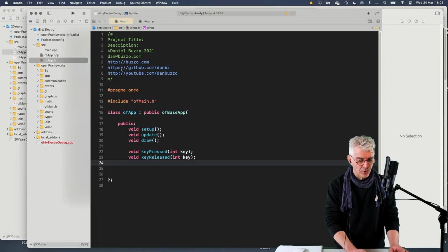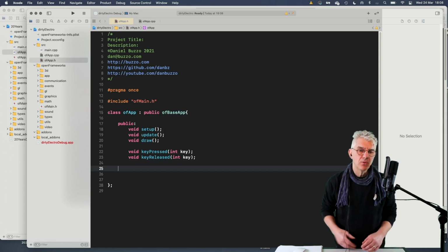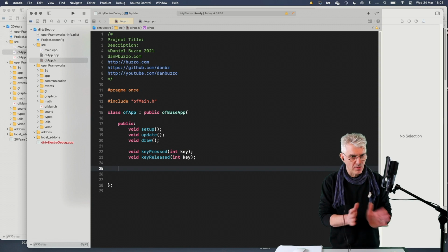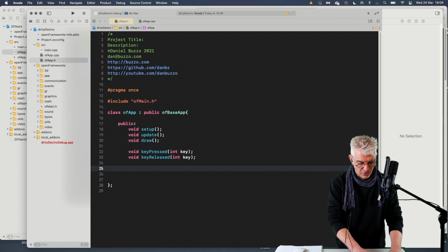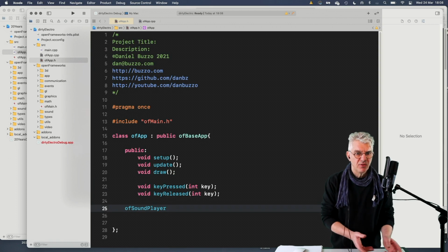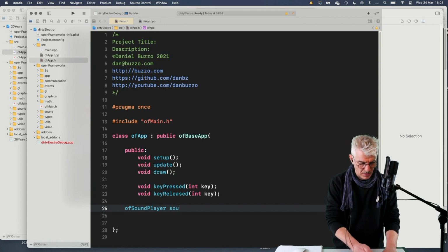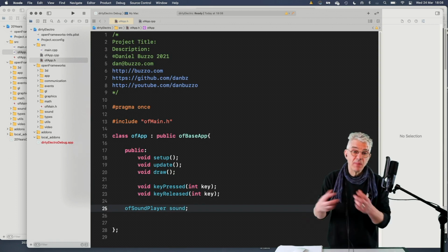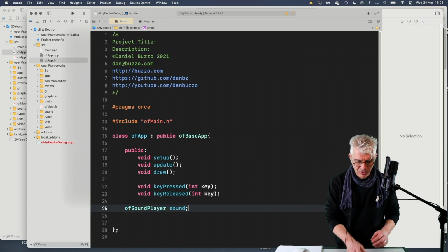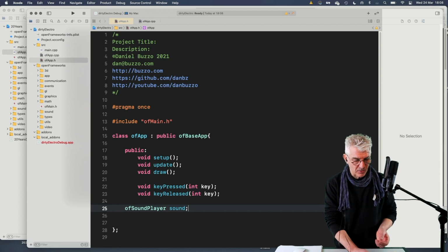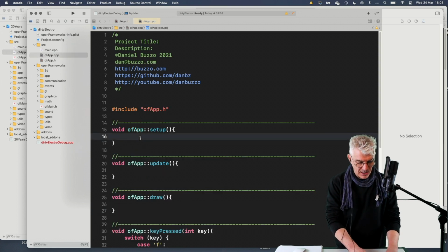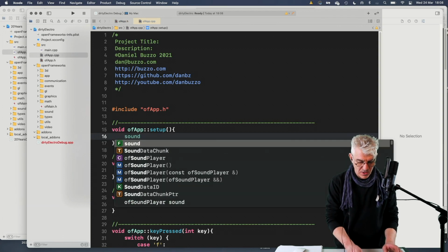So I go to my project now. The first thing that I want to do is make a sound player to play this sound. The simplest thing that we can do is to play samples. So I can say ofSoundPlayer, and I'm going to give this a really simple name, sound. And I can make as many objects as I like, and I can manipulate these objects. So making this new object, this sound object called sound, allows me to then, in my setup, say sound dot